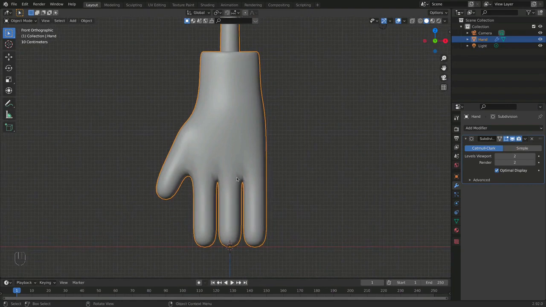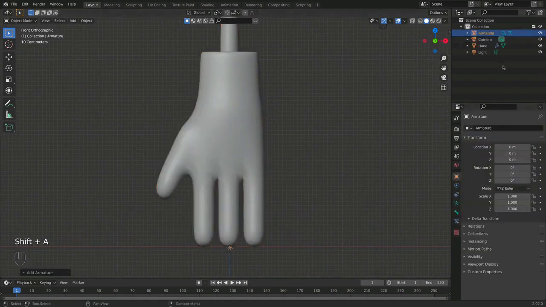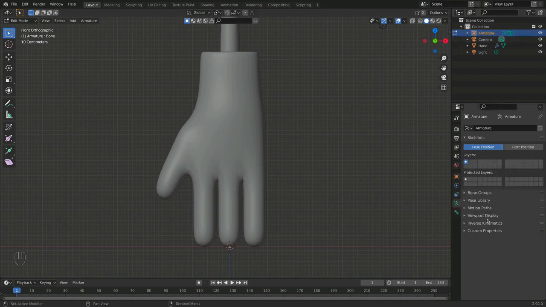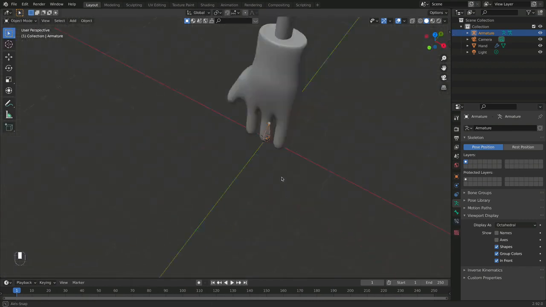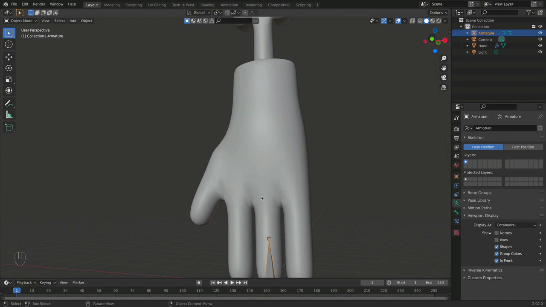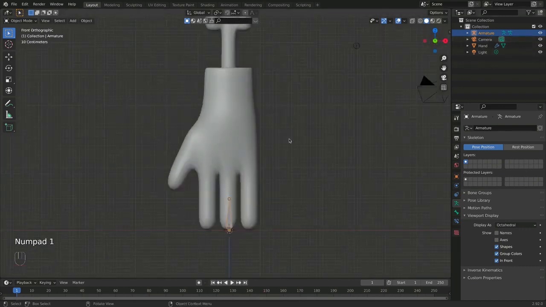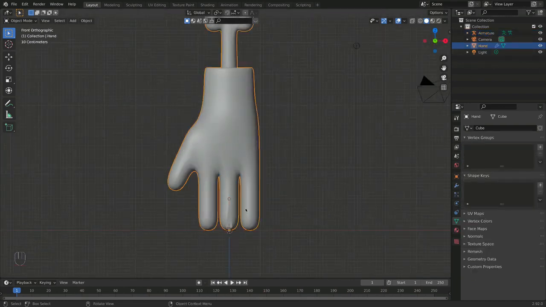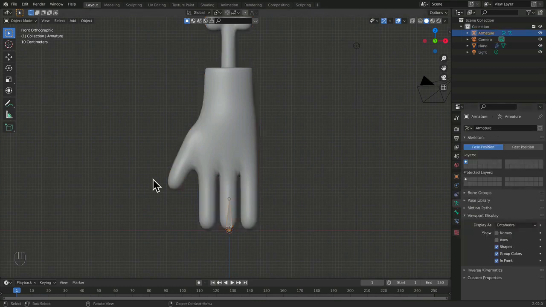Now for the rigging we are going to use an armature, which we can find under Shift and A, and here is Armature. Right now we cannot see anything, but if we go into edit mode, which we can enter by pressing Tab once we have selected our armature, there is an option in Object Data properties under Viewport Display called In Front. Now if I check this In Front option, we can see our armature here. So no matter where we are in our scene, or if we have mesh or anything else on top, we will always see this in front of other